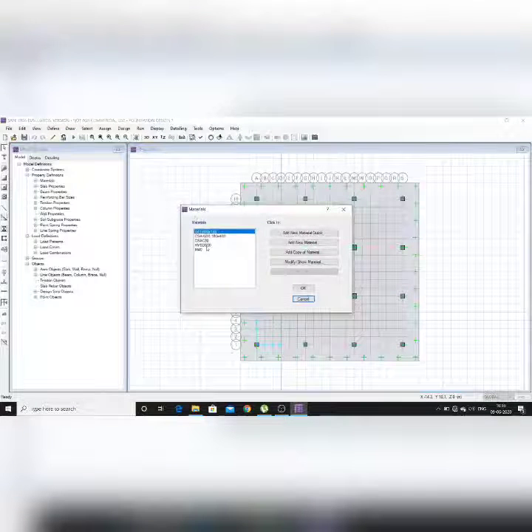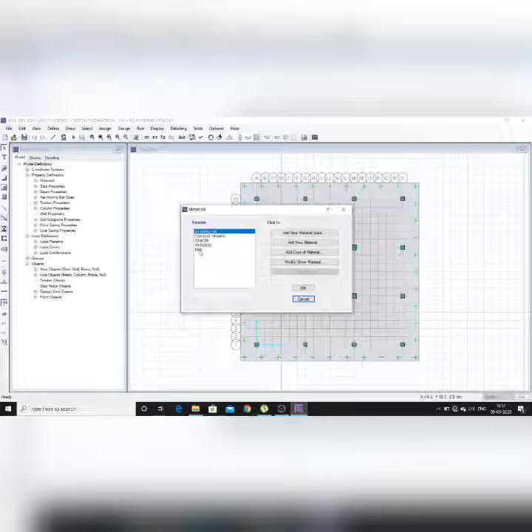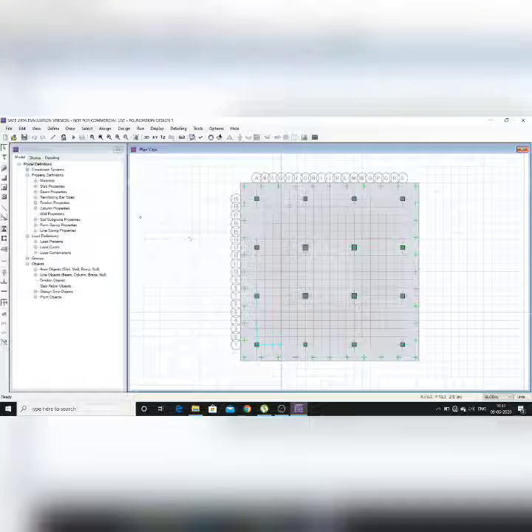Materials, where you have to select M40 HYSD. You have to add the material. It will come here. Then you have to click OK. Then after clicking that, define material. You have to define